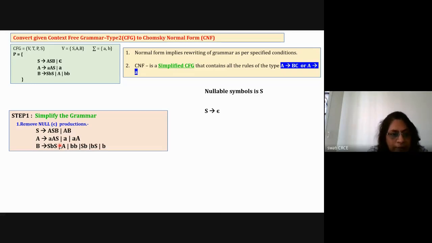So S will be AB. This will be AS. But here we are adding three. Okay, so don't miss that. Here this S is epsilon, so you will get BS. If this S is epsilon, then you get SB. And if both the S are epsilon, then you get small b. So all three combinations are there. So all three are added here. Okay, so for S is equal to epsilon removal, this is the change that is done.